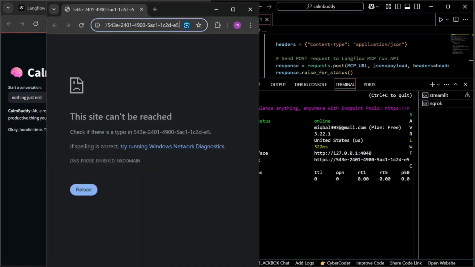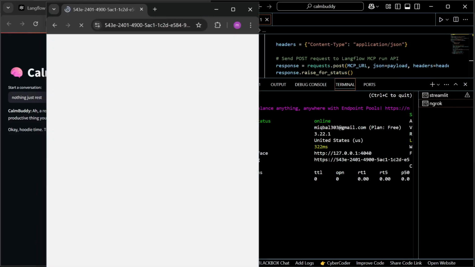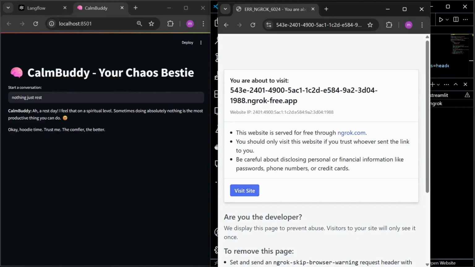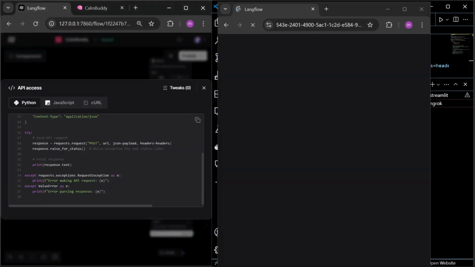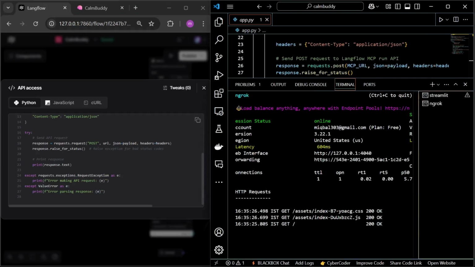Currently we are using 7860, so it connects with your Langflow platform. When we use 8501, meaning the Streamlit app, that time it connects with the Streamlit port. It gave a warning. Let's check. You can also see here a Langflow window showing.